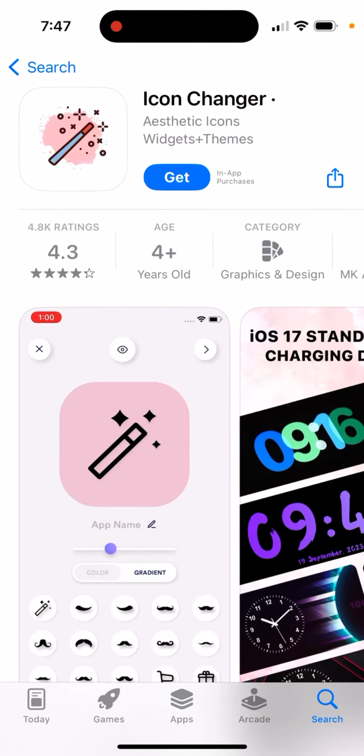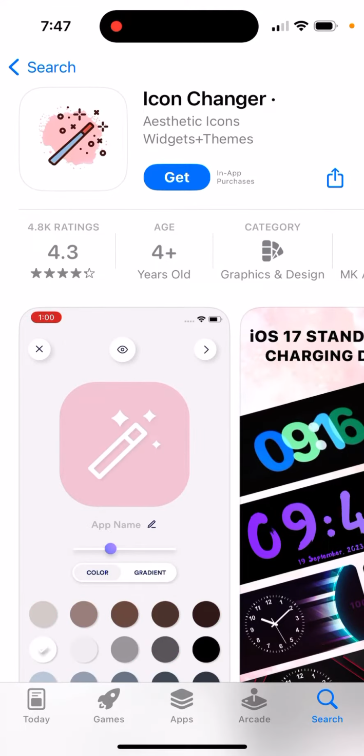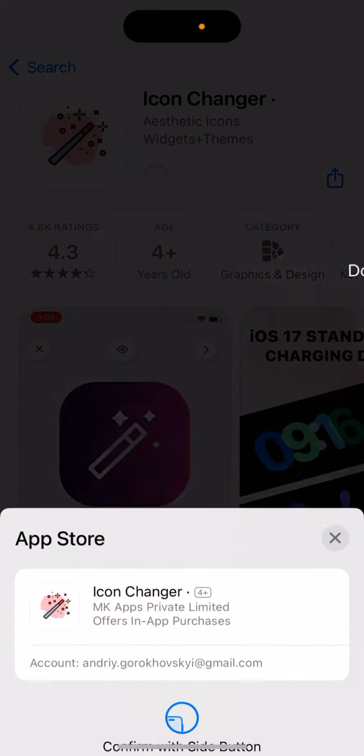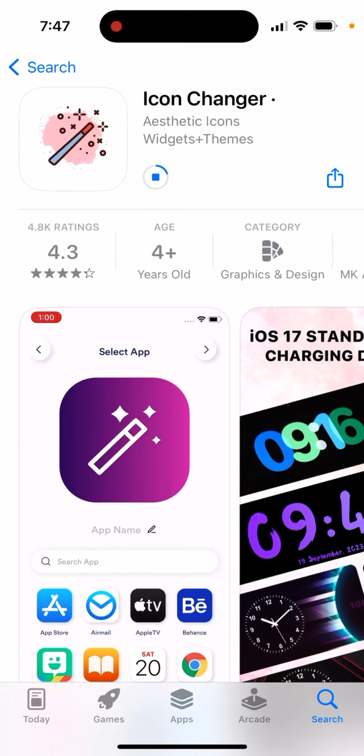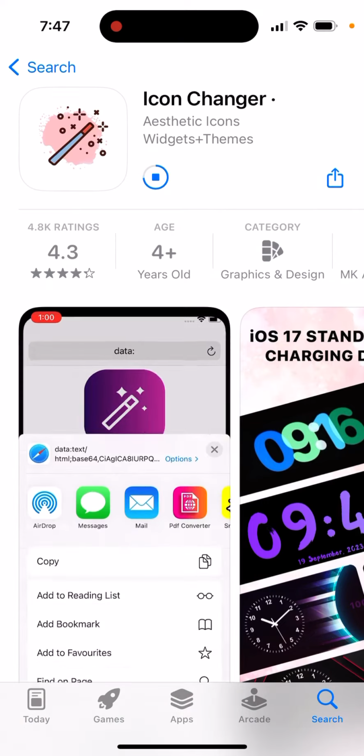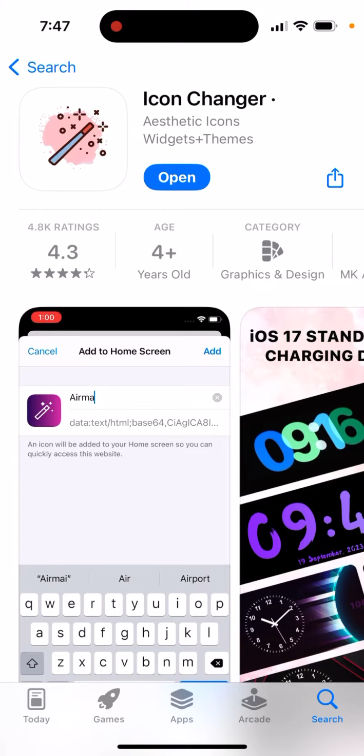Here's the app called Icon Changer, aesthetic icons, widgets plus themes. So yeah, you can just tap get and double click to install it. Yeah, this is one of the apps where you can just really customize your iPhone really nicely using all these